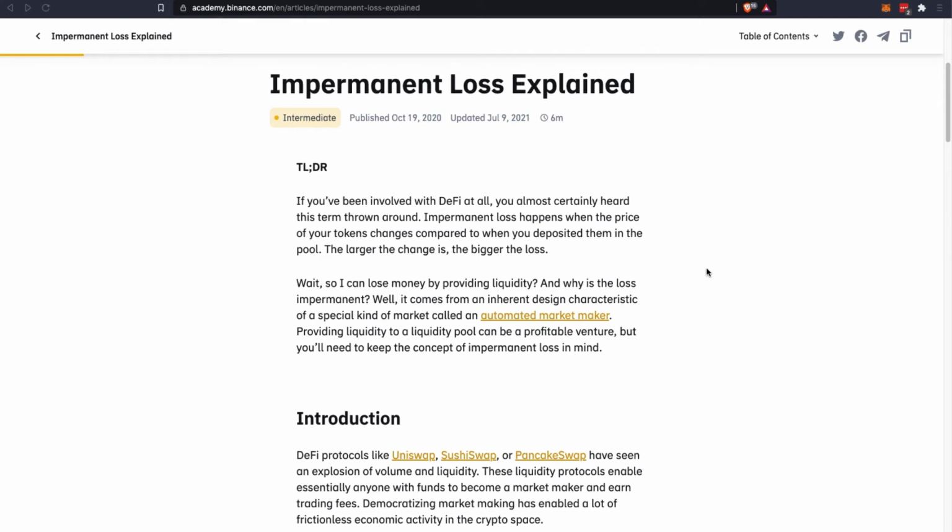Hey guys, Charlie here, and in today's video, I'll be going through with you the concept of impermanent loss. What is impermanent loss? What you should and should not do with your liquidity pool tokens, or LP tokens for